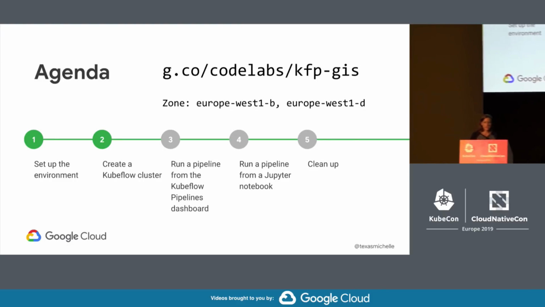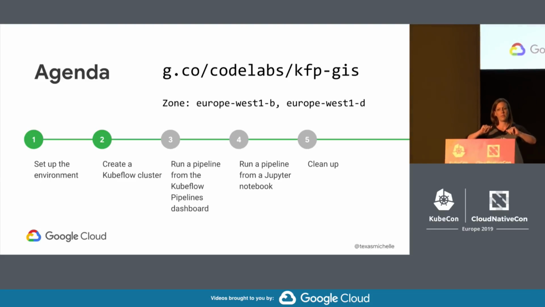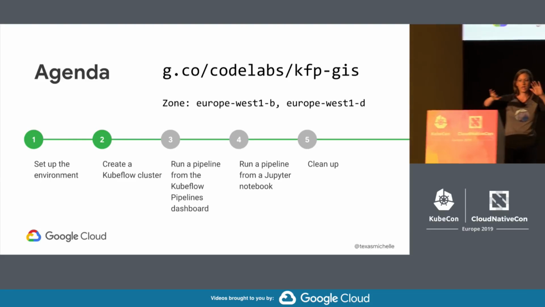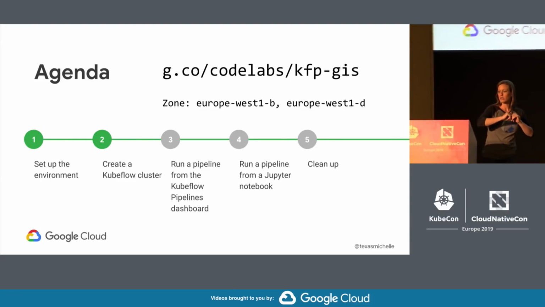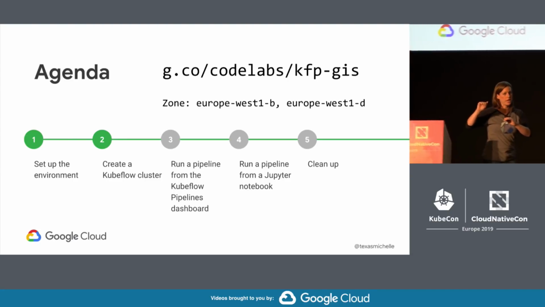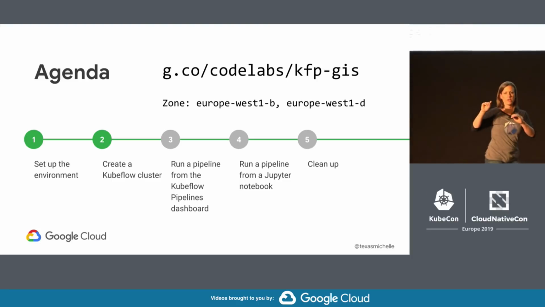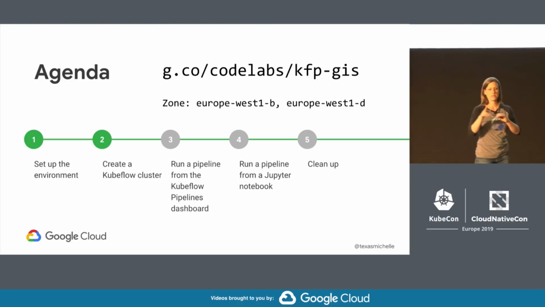So it's going to ask us for a zone. Whenever you create your cluster, when we're setting everything up, the room's kind of divided unevenly. So what I want is for half of the room to use one zone, and the other half to use the other. So I'm going to say,